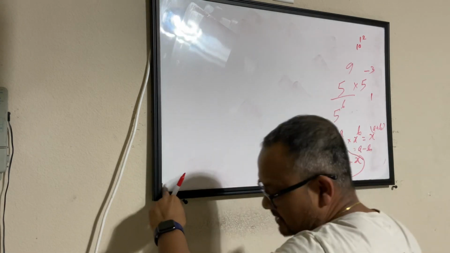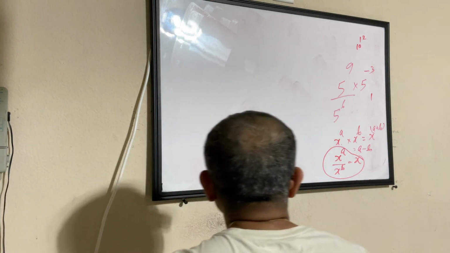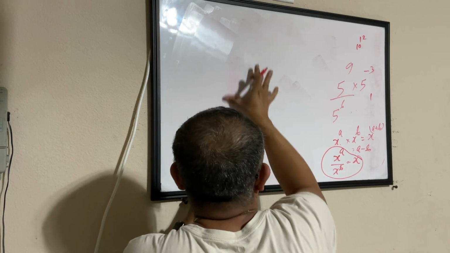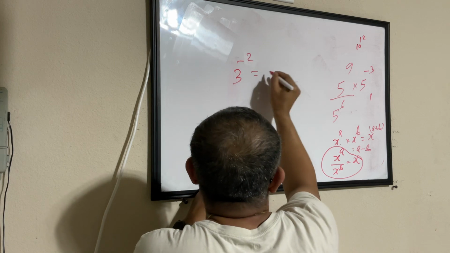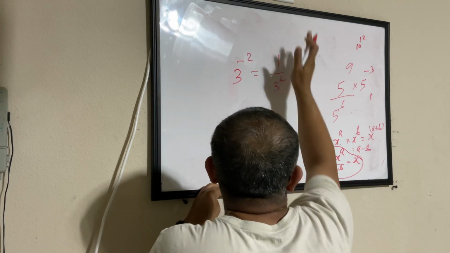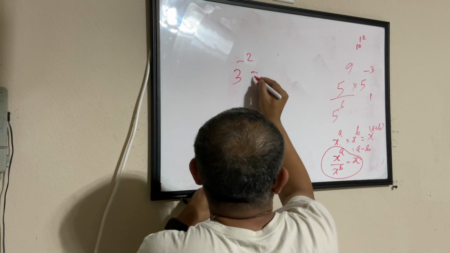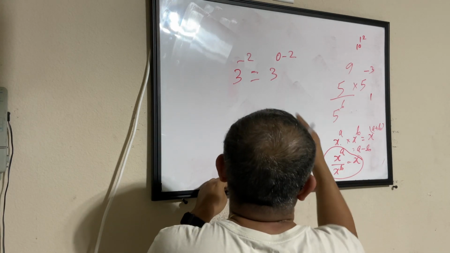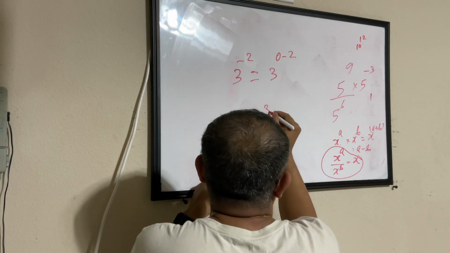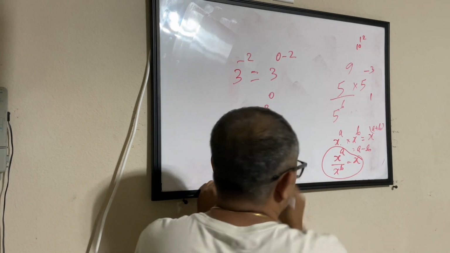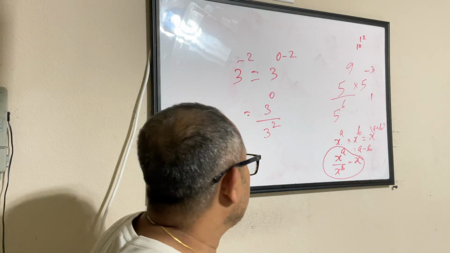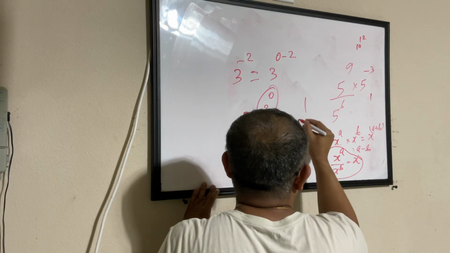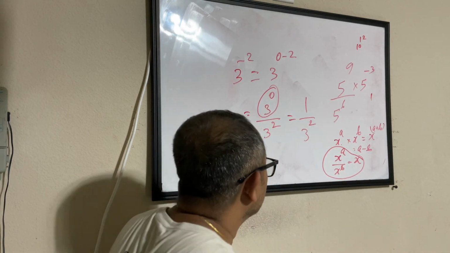And I will, if I say, right, just now we were discussing about it, right? That 3 to the power minus 2 equals 1 by 3 to the power 2. Why? Because we saw that I can write this as 3 to the power 0 minus 2, and this becomes a division formula. Something minus something. This is equal to 3 power 0 divided by 3 power 2. Right? This is what we saw. And we all happily agreed that 3 power 0 is nothing but 1. That is how it becomes 1 by 3 power 2. But